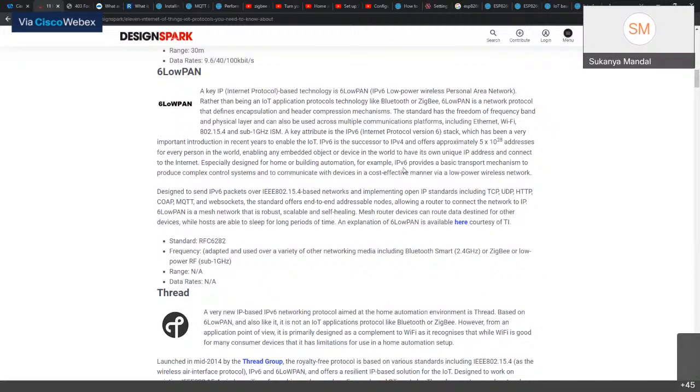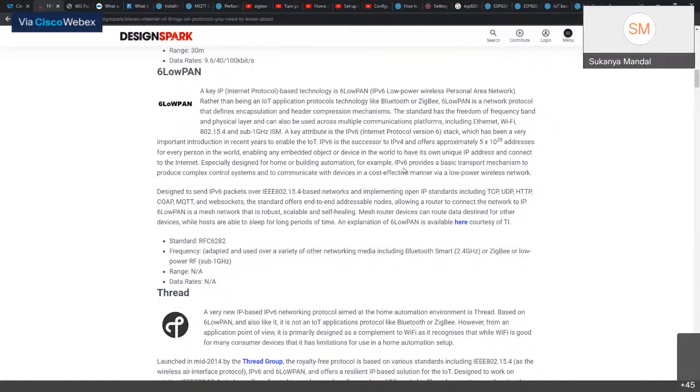Also, 6-low-PAN is designed to send IPv6 packets over IEEE 802.15.4 based networks, implementing open IP standards, which include TCP, UDP, HTTP, COAP, MQTT, and WebSockets. The standard offers end-to-end addressable nodes, allowing a router to connect the network to IP.